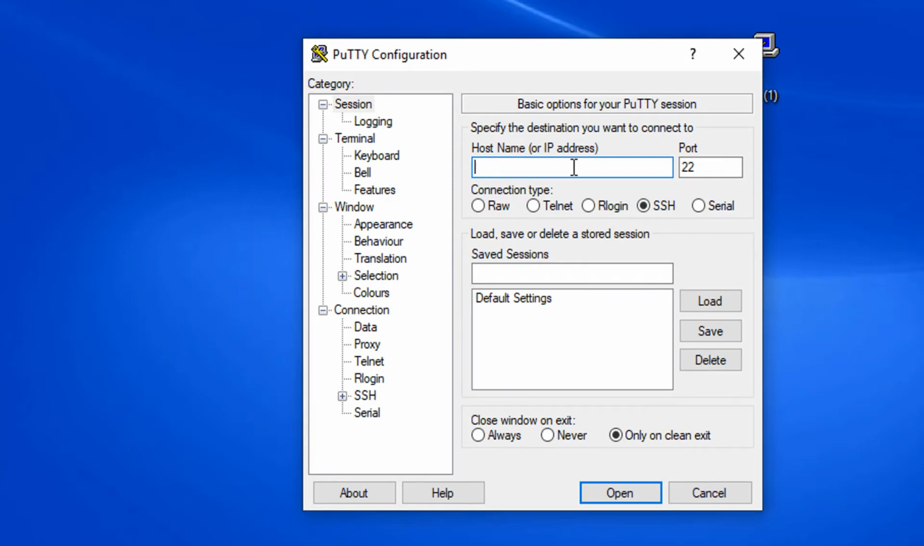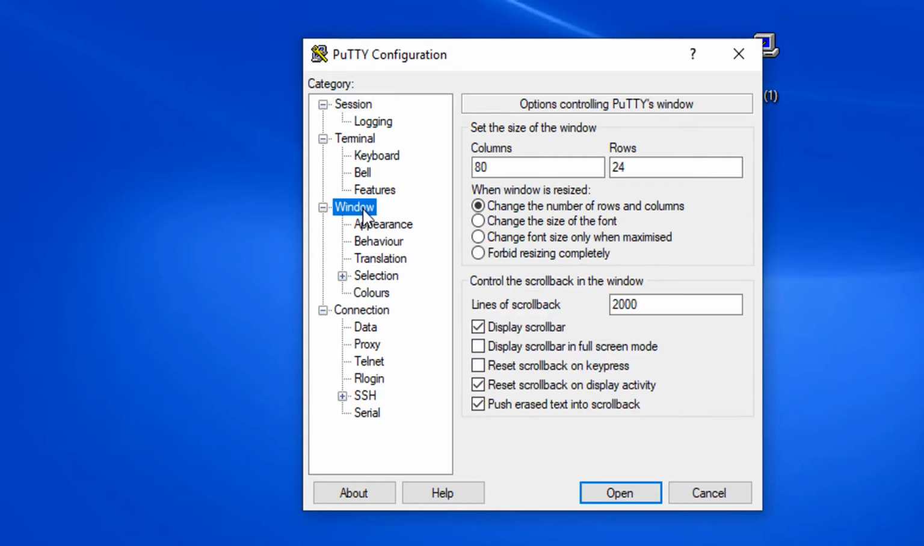The host name is red.lamar.edu. The port number is 22. I gave it a name, so you can save this one for easy opening next time. There are several configurations that can be done. The first one, we can make the window a little bit bigger, 30 rows,